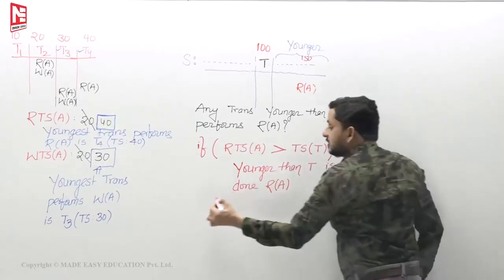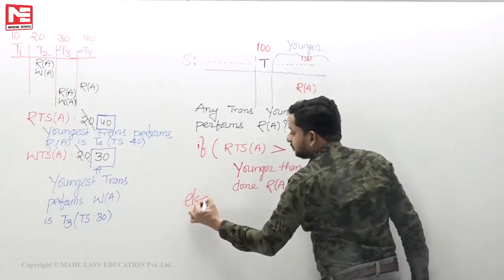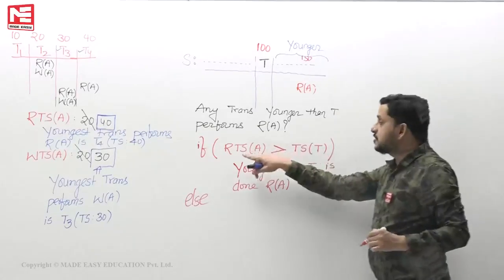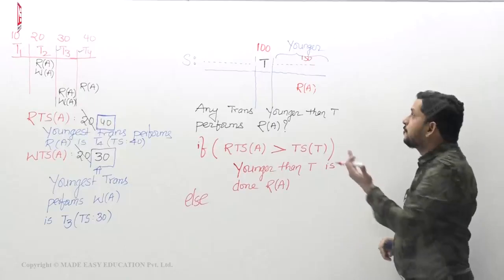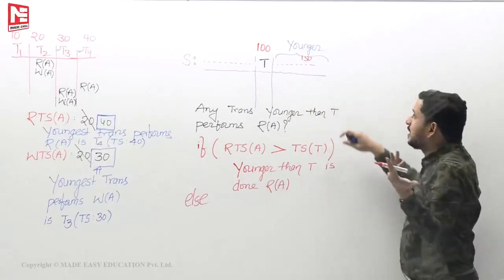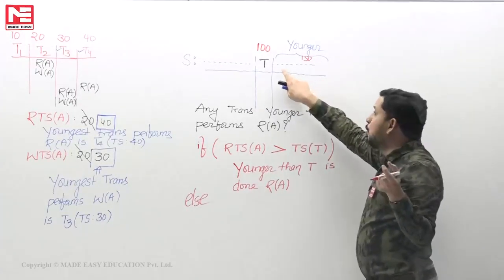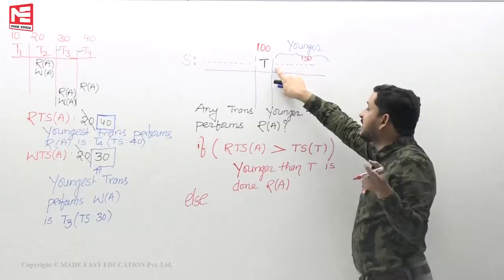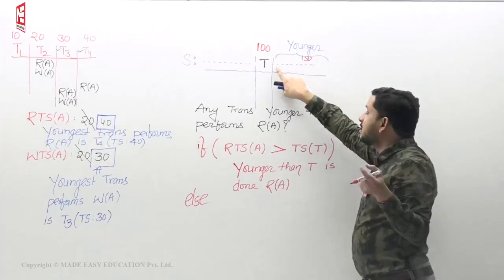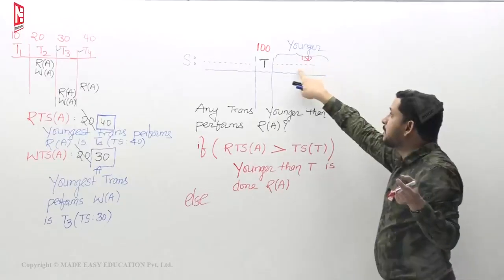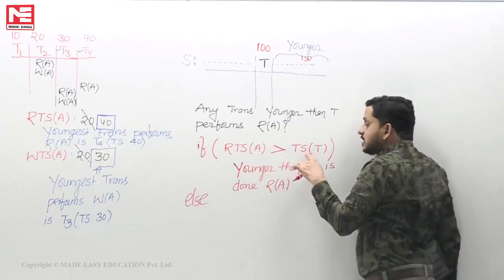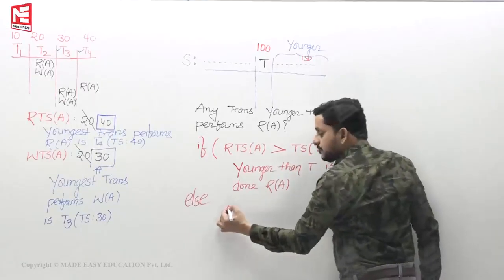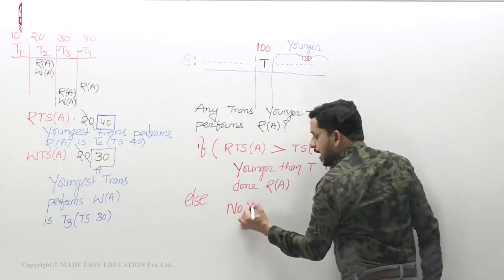By chance, this condition falls. Read timestamp value not more than 100. If the read timestamp value is not more than 100, it means none of the younger transactions than T performs the read. So if the read timestamp value is not more than the transaction timestamp value, then we can conclude that no younger transaction